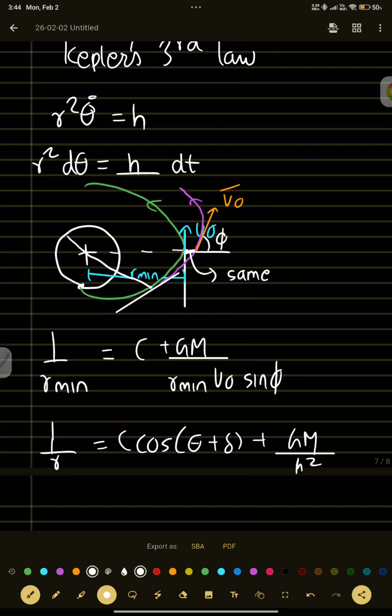हमारा अभी तक कोऑर्डिनेट जैसे था, थीटा इक्वल टू 0 चूज करेंगे R मिनिमम पे एंड दैट पॉइंट वेयर V naught is perpendicular. तो यहाँ पे this will be that point from where we will choose theta equal to 0, तब जाके ये इक्वेशन ऐसे लिख सकते हैं। इसमें ये नहीं लिख सकते क्योंकि this is not at cos theta equal to 0, this is not R minimum. Okay, this is not equal to R minimum.